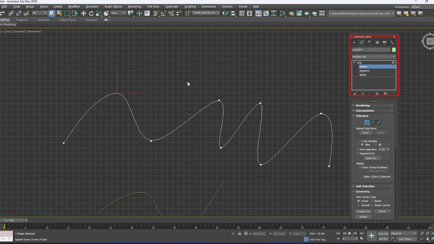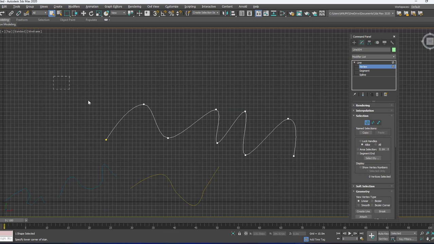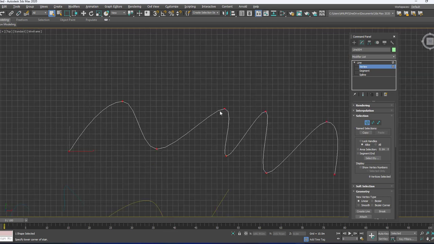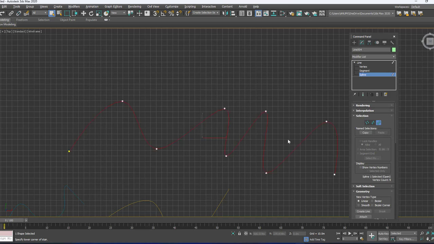You just select like this. This is how we can select only the vertex. If I select the whole spline or line, I can select only the points or vertices. If I go with the segment, you can select any segment between two vertices like this. And if I want to select the whole spline, then you can go with the spline and then select it like this.